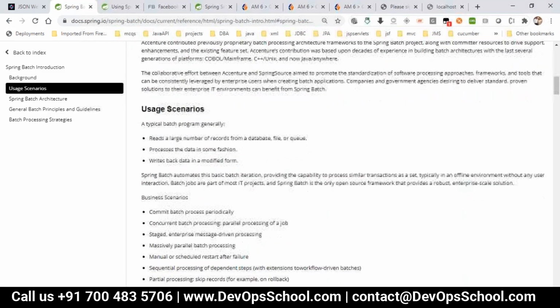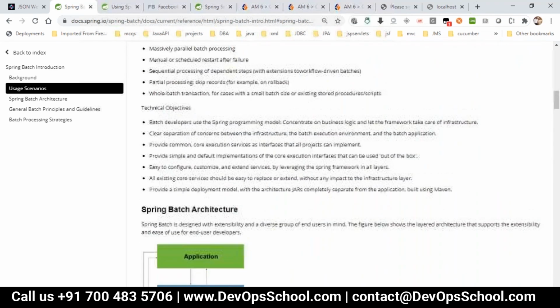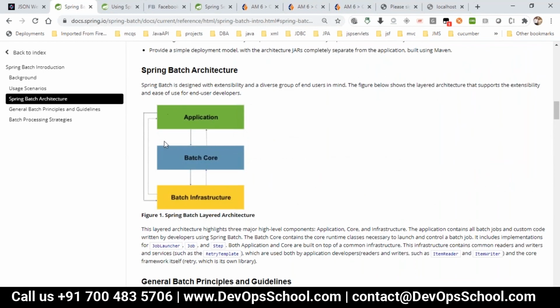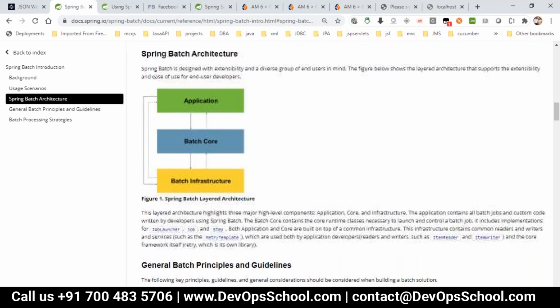It reads a large number of records from a database, file or queue, where you are going with RabbitMQ or any messaging queues, processes the data in some fashion, or writes back the data in modified form. These are all business scenarios we are working on, where the application, the batch code and the batch infrastructure will be available here.